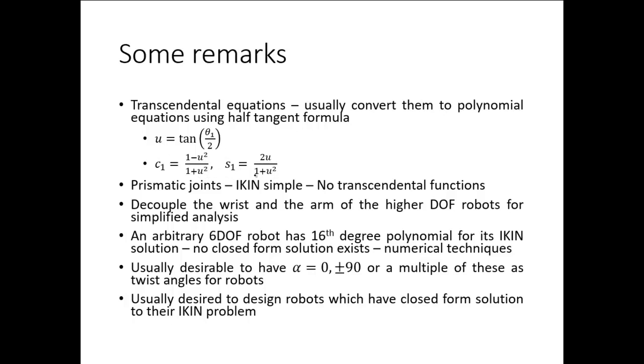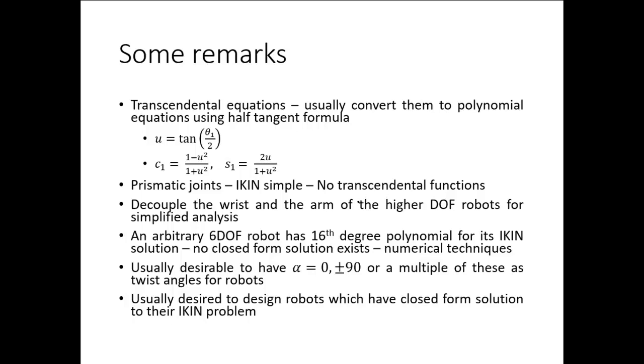This can be substituted in the polynomial which relates the end effector coordinates with the joint coordinates, and then we get another polynomial which can be solved for a particular value of theta. This type of substitution is very popularly used in inverse kinematic analysis. Again, in PR and RP joints, and maybe in the SCARA robot, we have some prismatic joints. Inverse kinematics becomes simple in those cases because you don't have any transcendental functions, as there is no rotation in some of the joints, so there is no sine and cosine function there.